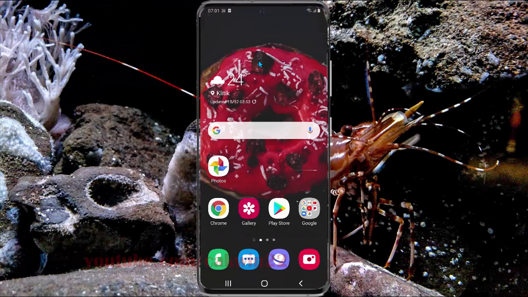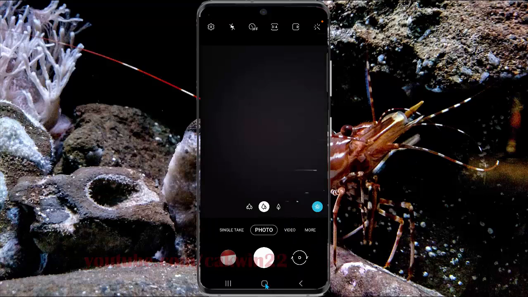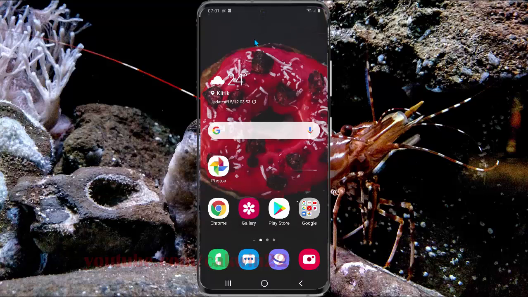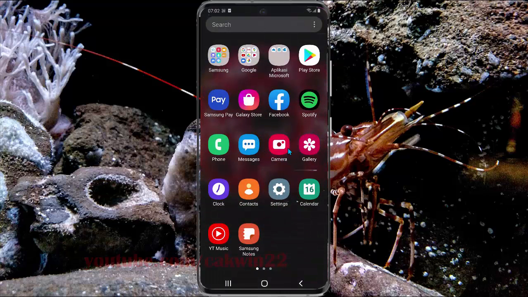To enable HEIF pictures camera in Samsung Galaxy S20, open camera app. If you use the full theme, you can open from home screen, tap camera icon, or from off screen, swipe up or down home screen to access the off screen, and then select camera,